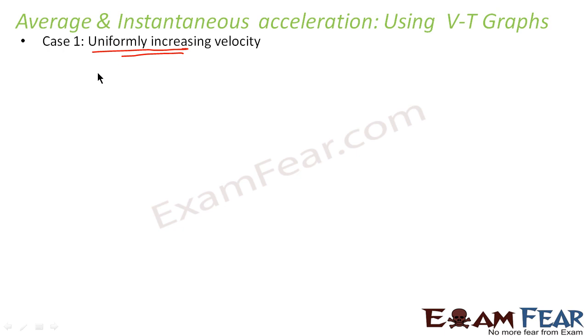In this case, we will plot the velocity time graph first, and then we will plot the acceleration time graph as well. Let us suppose we take time along the x-axis and velocity along the y-axis. Now we are plotting the graph for the same example which we discussed just now. In the example, we saw that the velocity was initially 0. Then the velocity increased from 0 to 10 meter per second.